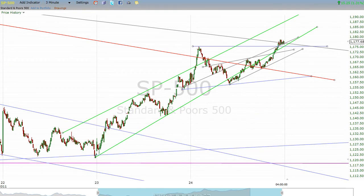So I kind of was looking at all this, and I said, none of this is making real good sense. And then I started looking at the chart again, and I thought, again, I'm basing this on this low right here as being the start of that channel, and that isn't necessarily the case. So when I readjust this line thusly,